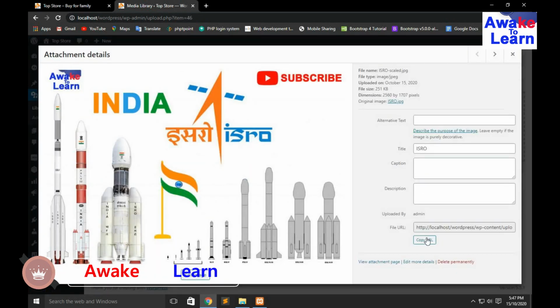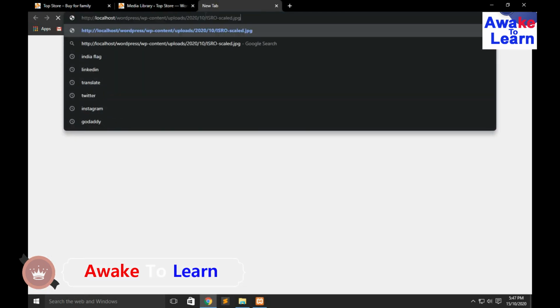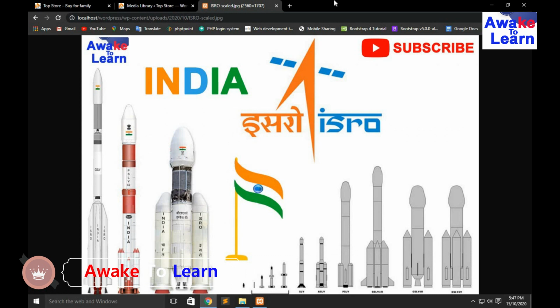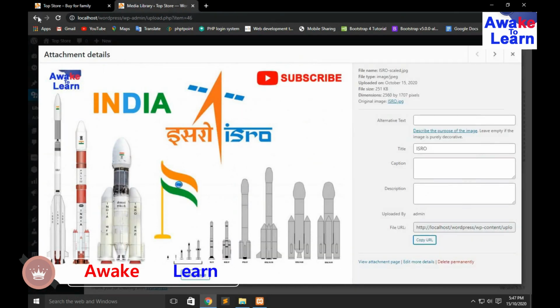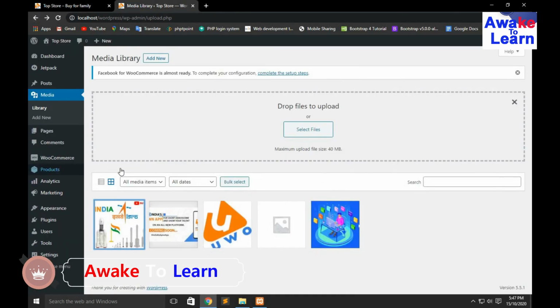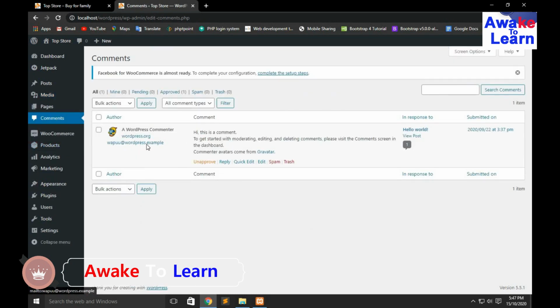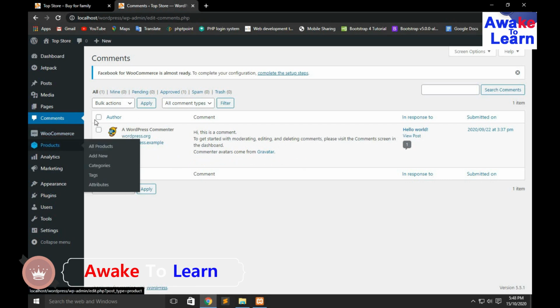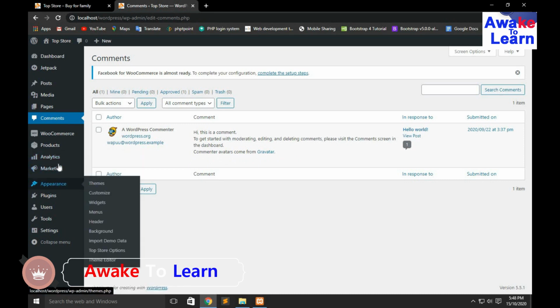This is the URL of the file. Just copy and paste it here, so we get the image. Next, this is the comments section, from here we can see all the comments by the users. And the next most important section is appearance.